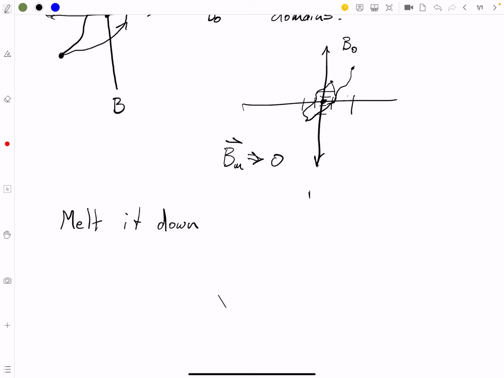If you want it back, then don't throw it into the sun. So you melt it down and then let it cool. And as it does, if you let it cool in an environment where there is no external magnetic field, then your domains will be nice and small, and they will be random as,